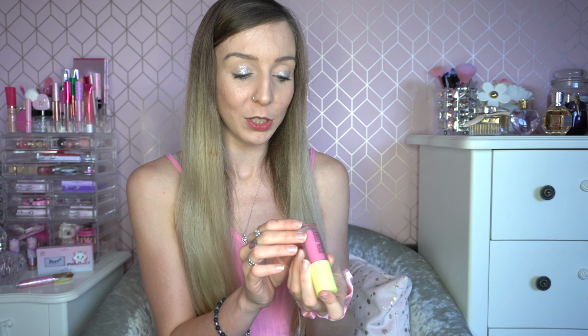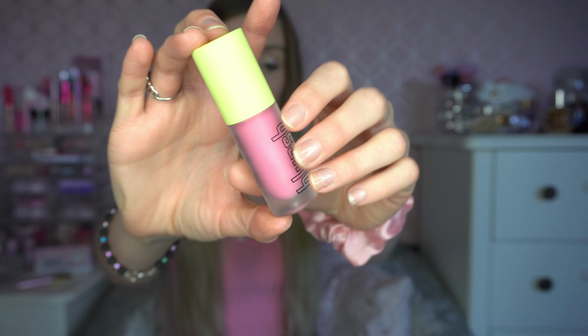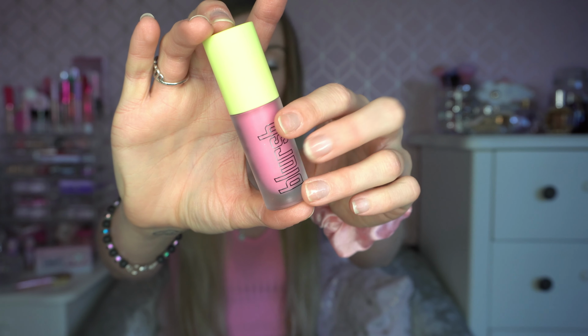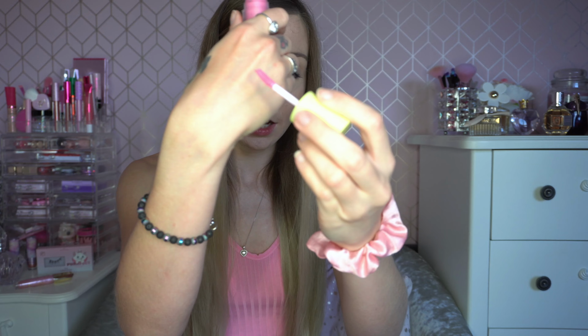Next up in my favourites video, I've got the Made by Mitchell Blursh. This came in my Barbie glossy box. It's in the shade Sweet Cheeks. I did do a little testing video on it and honestly it blew my mind. It's a liquid blusher and I haven't ever used one of these before, but when I tried it, I was so impressed. To me it smells a bit like vanilla, and then I'll just do a swatch for you